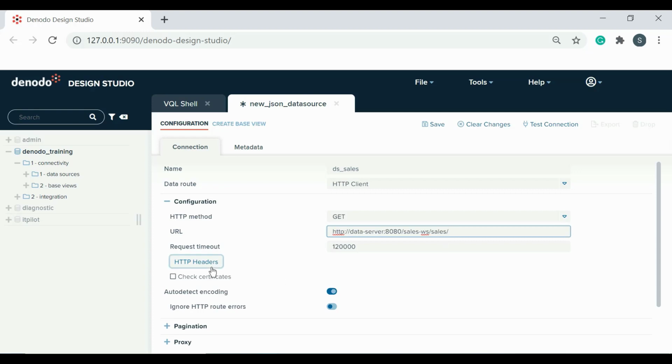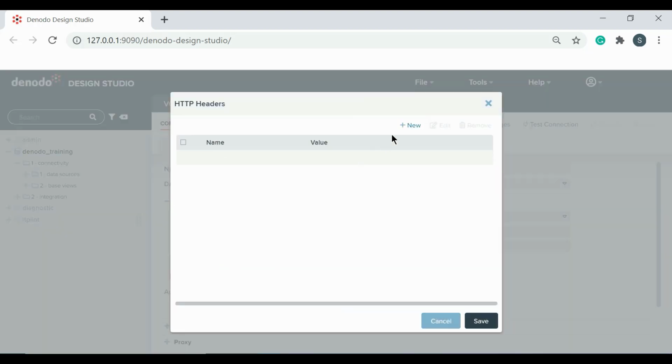Now for the service to work, it needs to specify some headers in the request to specify that the content type is JSON. Here, set the required HTTP headers.